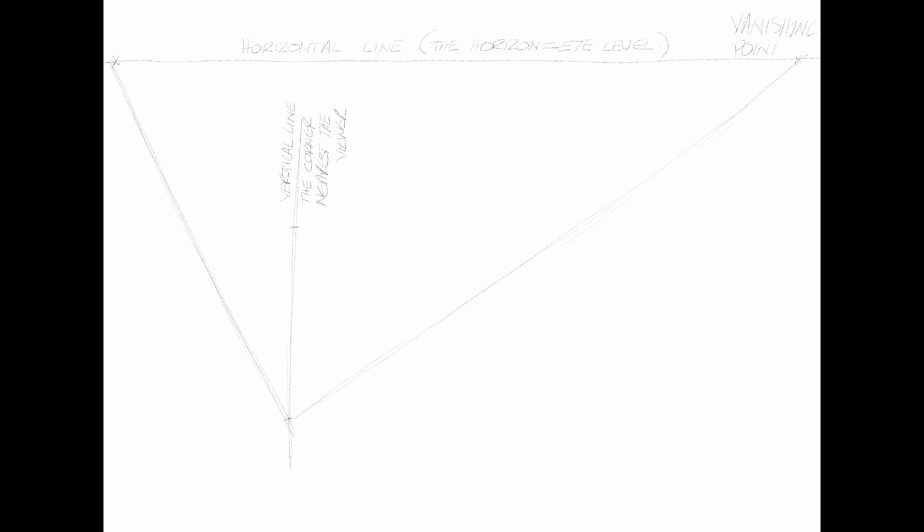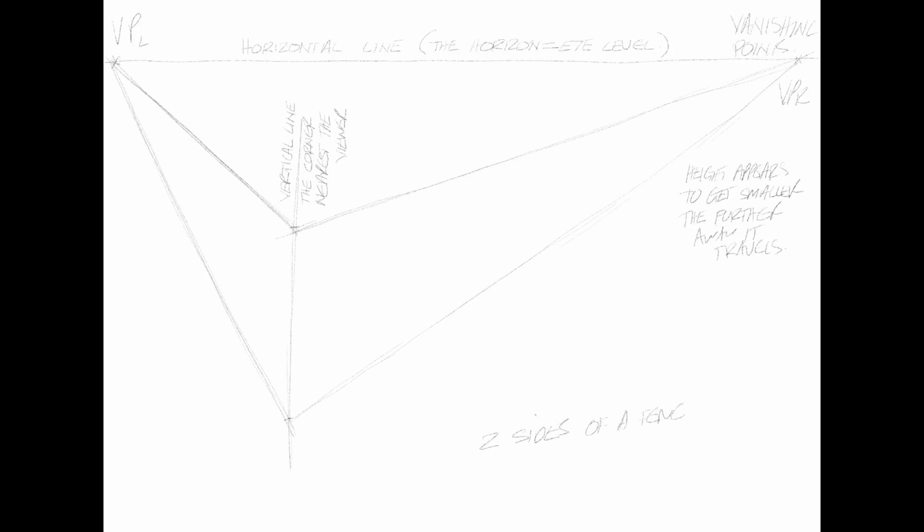We've done this before, so the vanishing point on the right hand side, and of course we've got a vanishing point on the left hand side. So from the bottom point, it's almost a right angled corner there, I've mentioned that in earlier videos. We've got these lines heading towards the height. The distance between those lines appears to get smaller, it appears to get shorter, and in reality if you look at things in the distance they appear to be smaller than the equivalent object up close. So we've got that happening to the right hand side. The same thing is now going to happen to the left hand side. So you get another line sketched in,